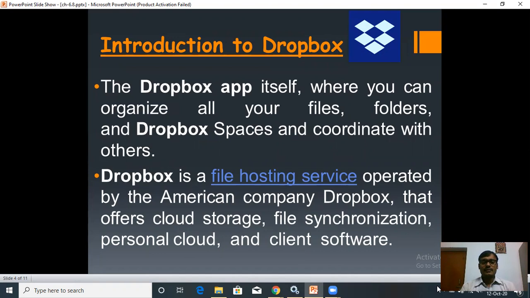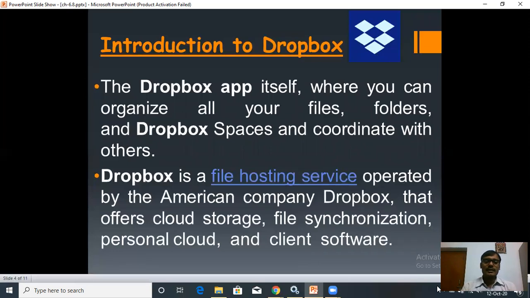You can put your files on the server, either small files or large files, and you can share the links so that others can also visit that place. They can take the data, they can see the video, they can see the images, whatever you have stored on the server.